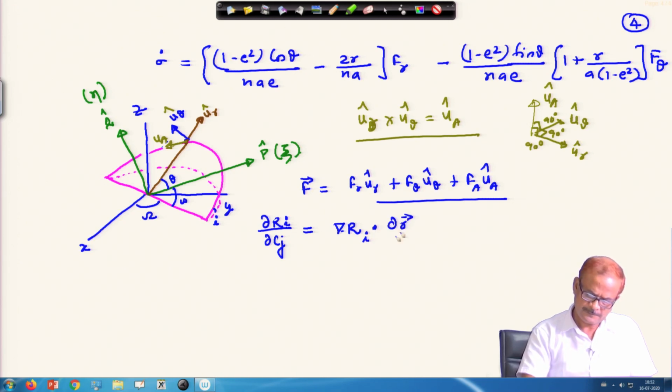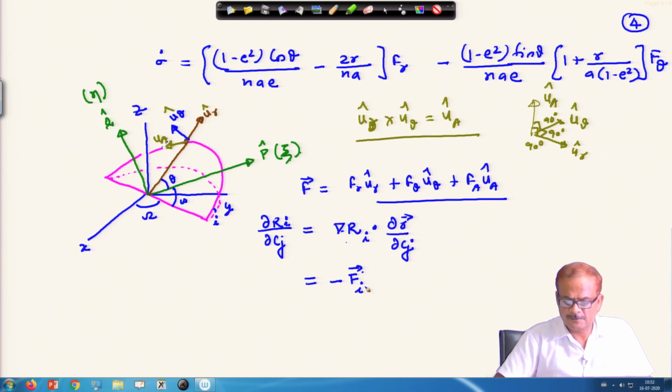We wrote it this way. And this quantity is nothing but minus f, the force of perturbation on the particle or the planetary body, assuming it to be a point mass,